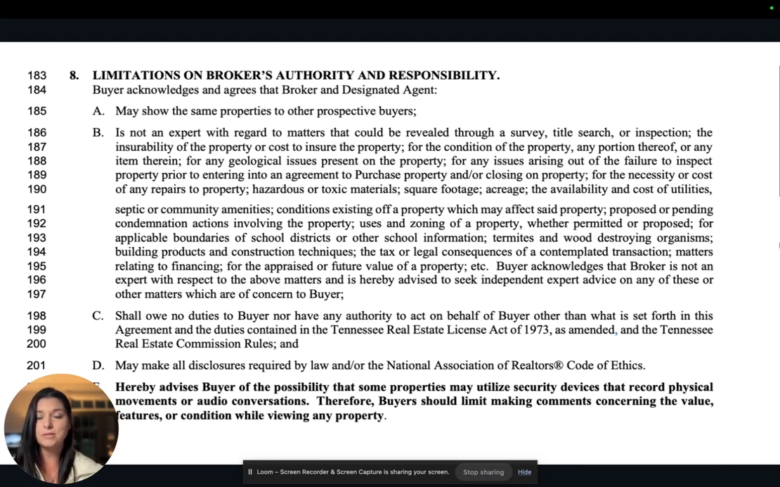They're not experts in all matters, and so therefore, there might be some issues that arise. It lists all those things, and it is the buyer's responsibility to notify and do disclosure on any of the items listed in paragraph B. Things such as verifying the square footage through the appraisal, checking the acreage through a plat map or a survey,